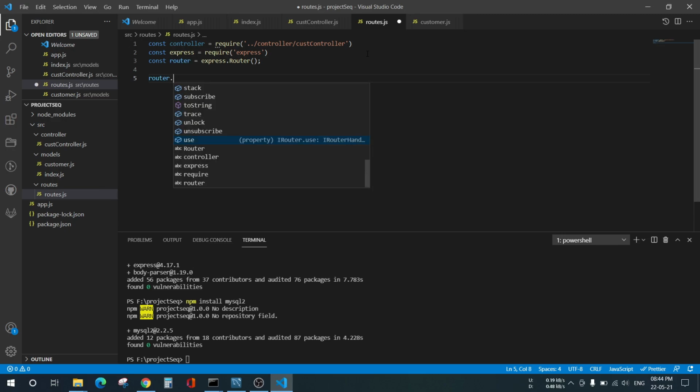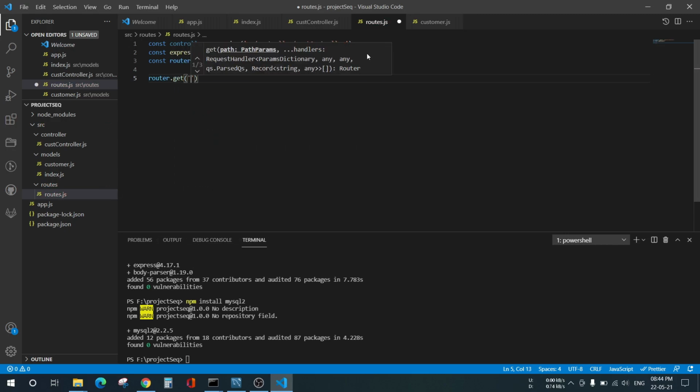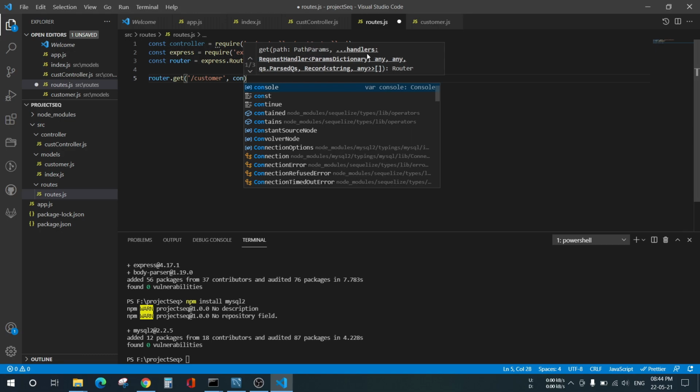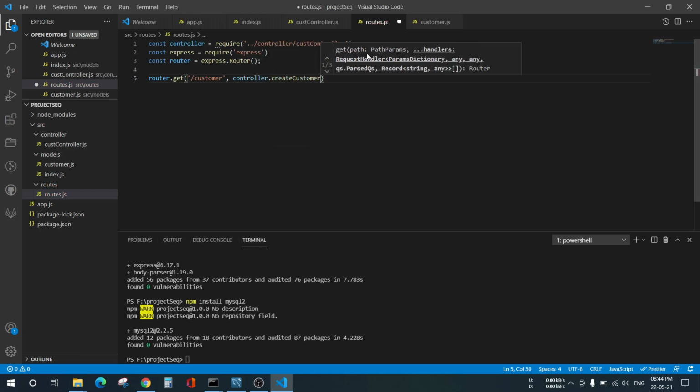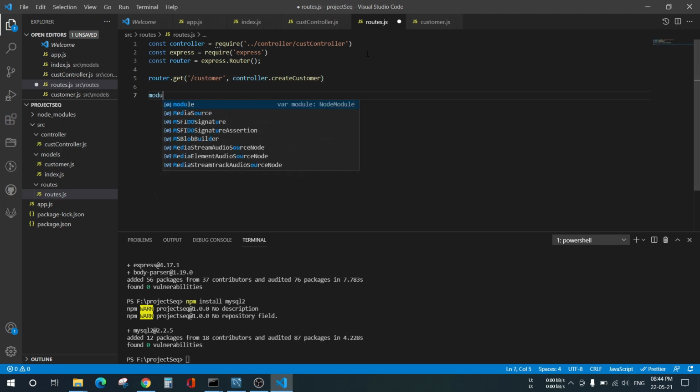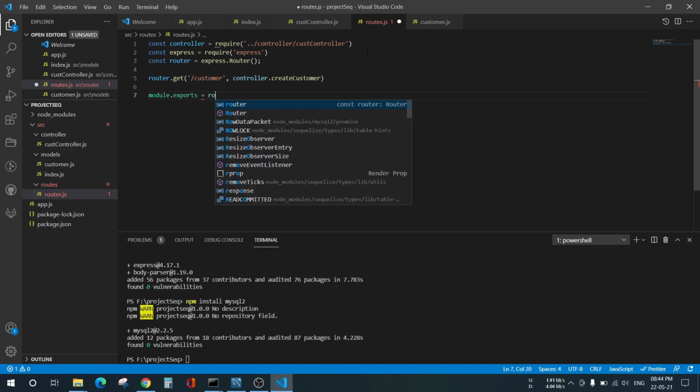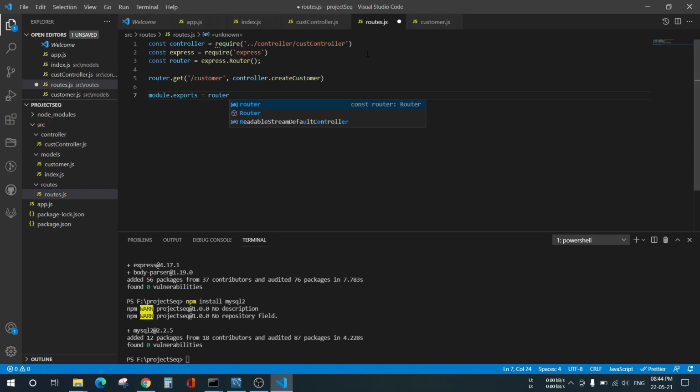Now we'll give the path /customer, controller.createCustomer, and we'll just export this module as router. Now we'll go to our app.js file and here